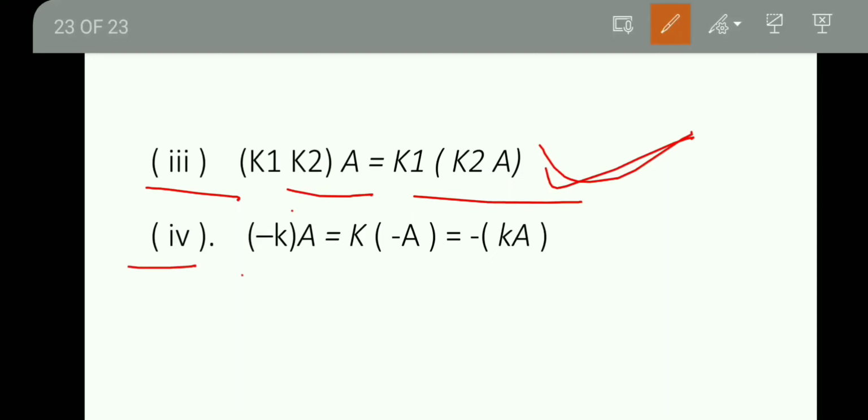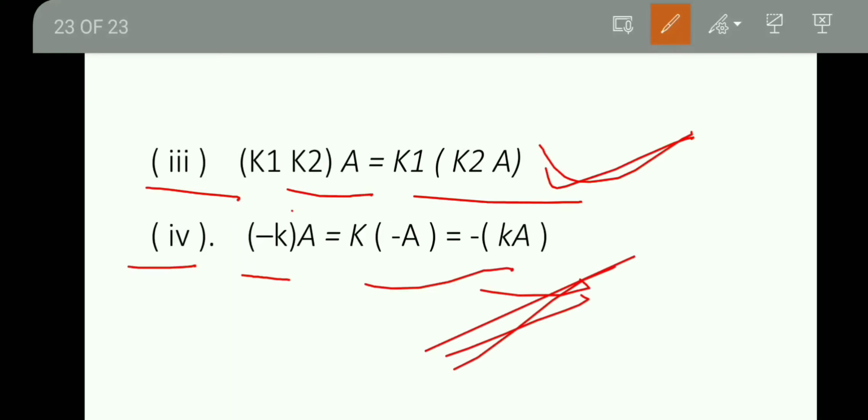And fourth, (minus k) into A is equal to k into (minus A) is equal to minus (k into A). बाहर ले लिया k into A. That is called the fourth law. आने वाला